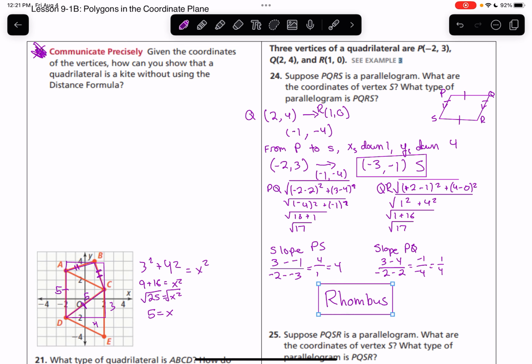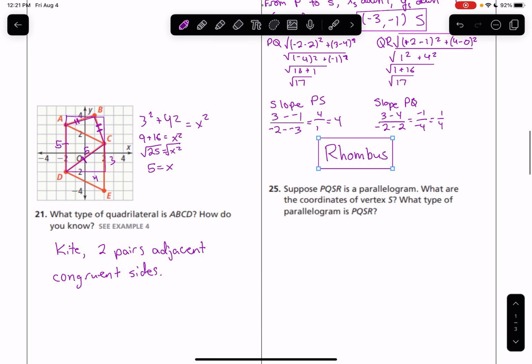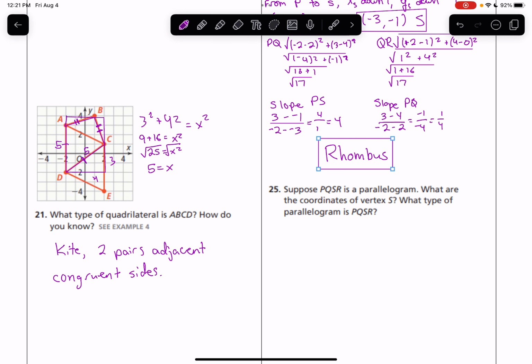There we go. Number 25, suppose PQSR is a parallelogram. What are the coordinates of vertex S? What type of parallelogram is PQSR? So we need to do the same thing here, but this time our parallelogram is named in a different order. And when our parallelogram is named in a different order, that means that we're going to have to make sure that we find the new coordinate. So we'll go PQSR